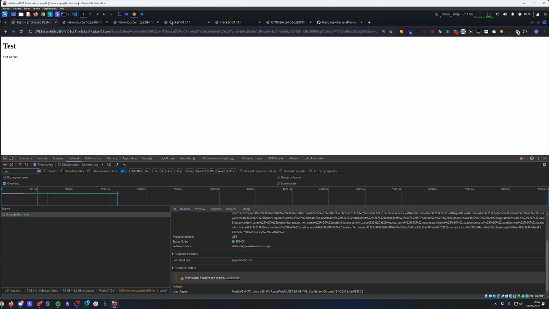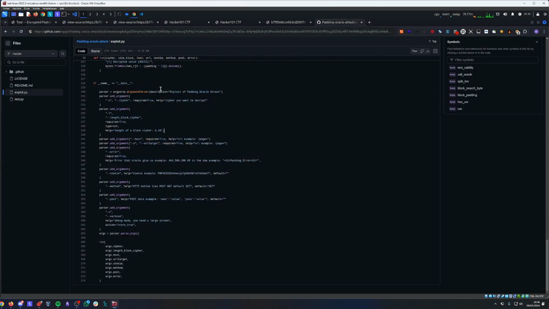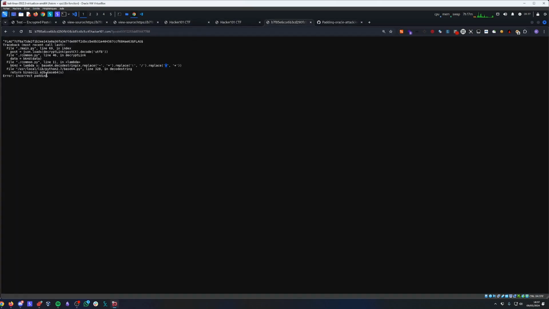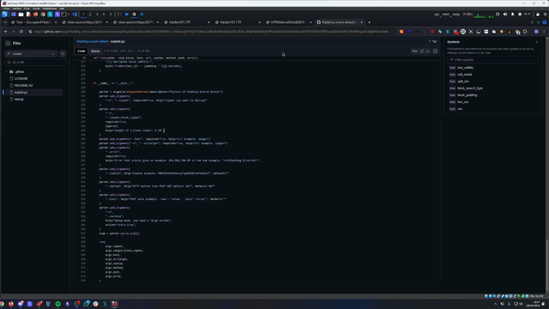And so based on all of that, the only thing that's remaining is, because we have now an error that is telling us, sorry, when we don't have the right padding, we need to provide this information. And it's literally the error we had before, incorrect padding. So if the response is containing padding, that means the cipher that we're trying is incorrect. So now that we have all this information,